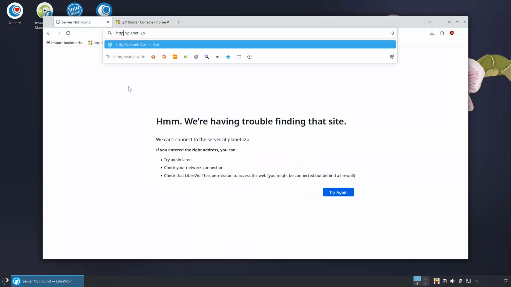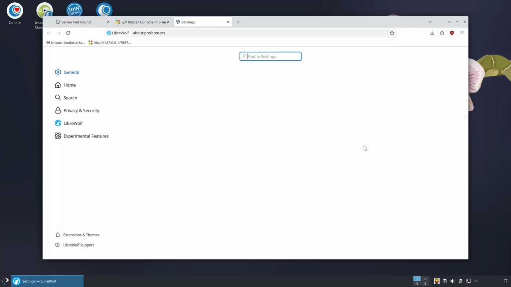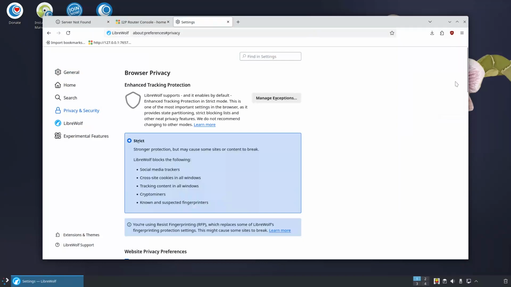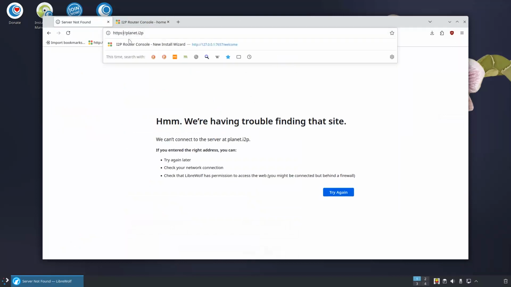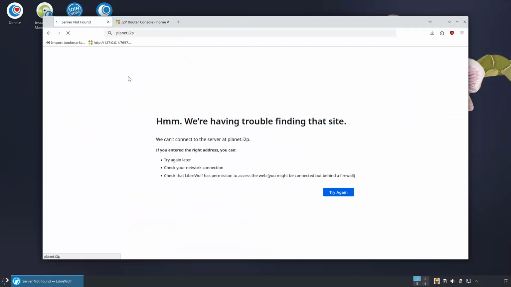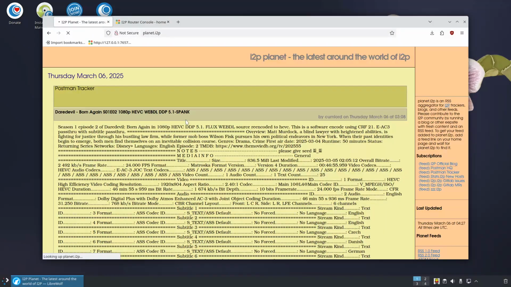So let's try this again, and also make sure it's not HTTPS, just HTTP. In fact, you might go to the settings and privacy and security, scroll down and disable this one. Yes, that's better because we don't need HTTPS, just HTTP. And now you can see how it goes to the site. So yeah, make sure to disable the HTTPS. The HTTPS gets in the way, that's bad. So now you can see this is now an example of a